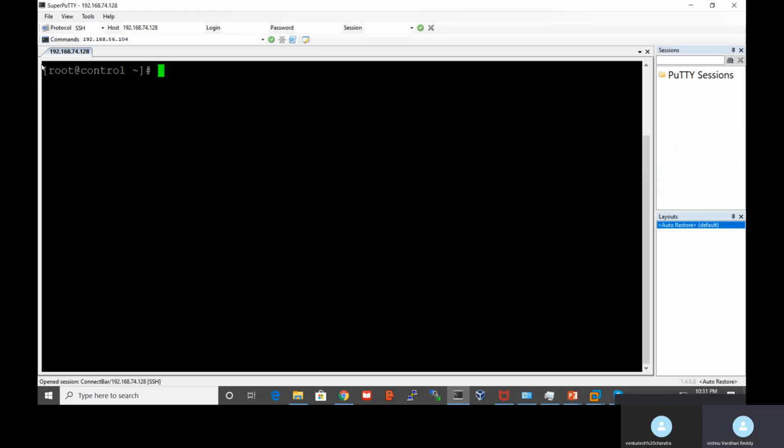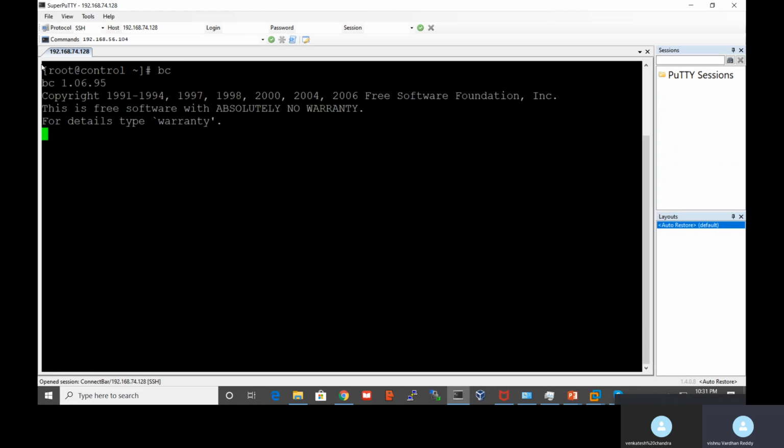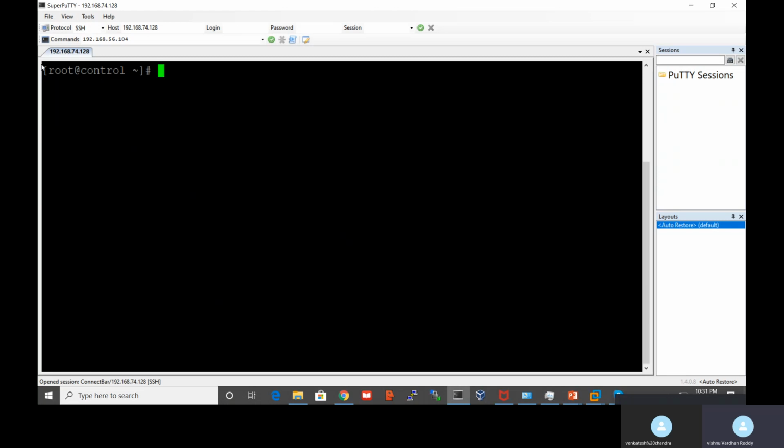Some kind of scripts you want to run, you can use with the ampersand. And so if you are executing 2, 3 plus 4, sorry, 7, and you want to exit from here, you can press control D. It will exit and come out to the command prompt. These are the terminal commands.